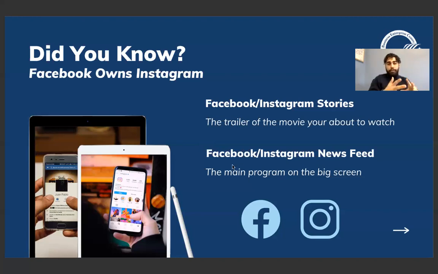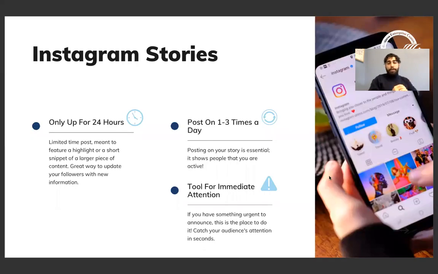So for print, for example, if you're able to pay for a spot in a local newspaper or a local magazine that goes out and might be hosted at a doctor's office, something you read while you're waiting, that's a great way to get your brand in front of someone who isn't on their phone or isn't on social media per se, but you're still hitting a point of resonation with them.